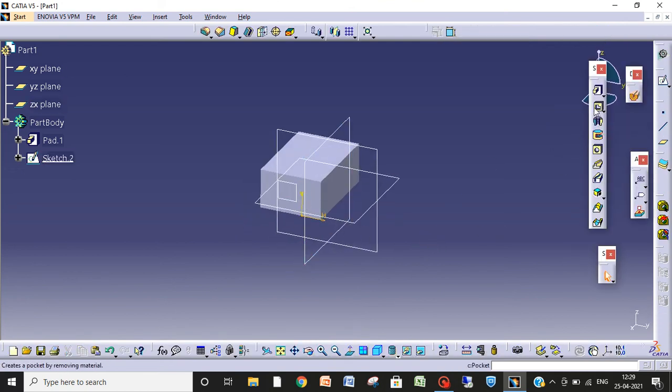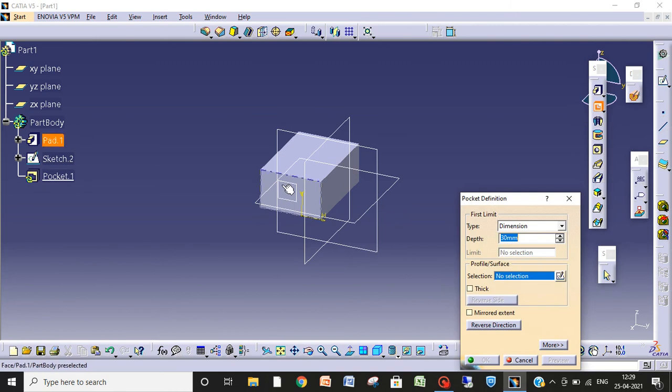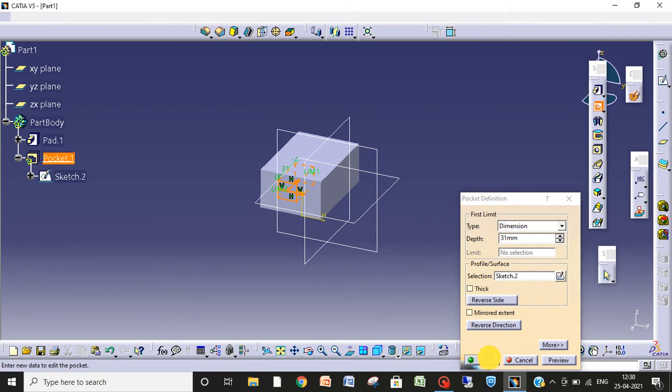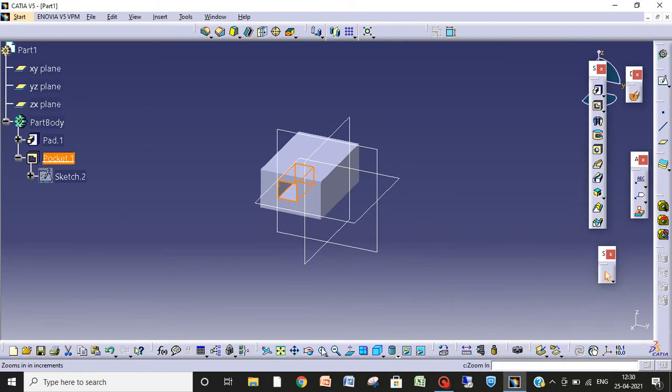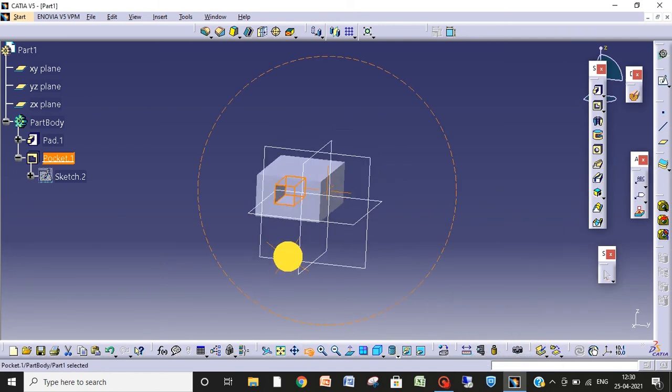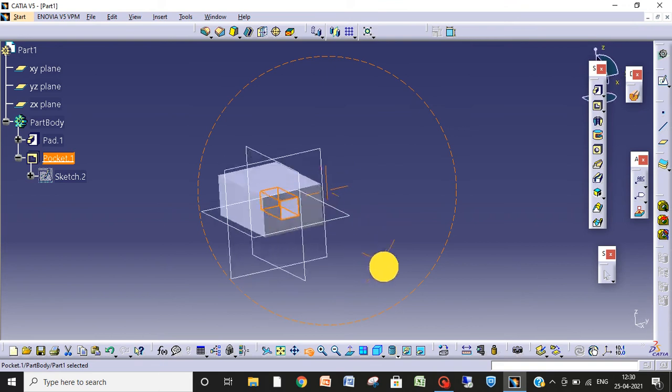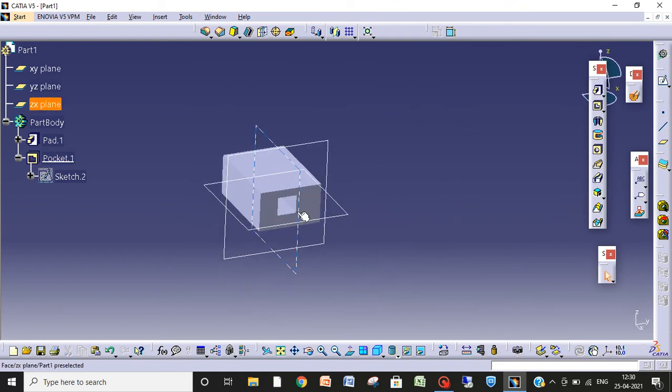This is the sketch. Pocket it. This sketch is pocketed inside the solid body. Now you can change from here up to what distance you want. Okay, so here I will rotate it and you can see there is a pocket inside this.